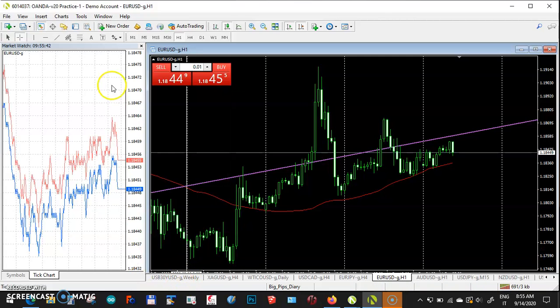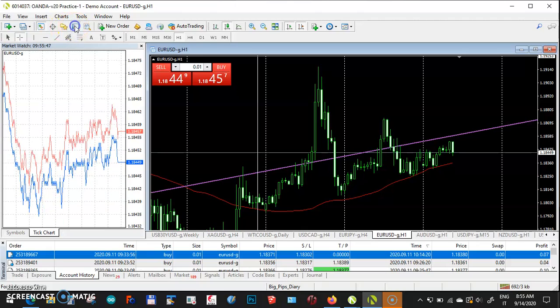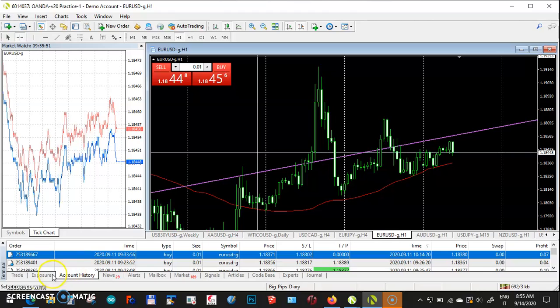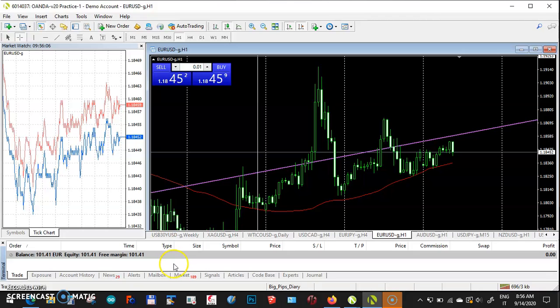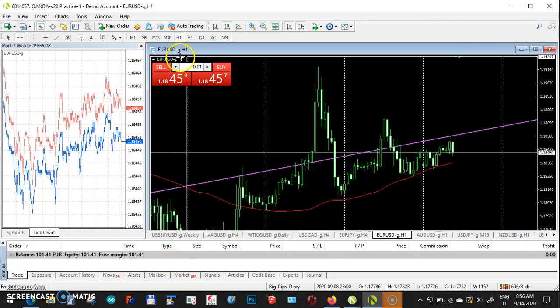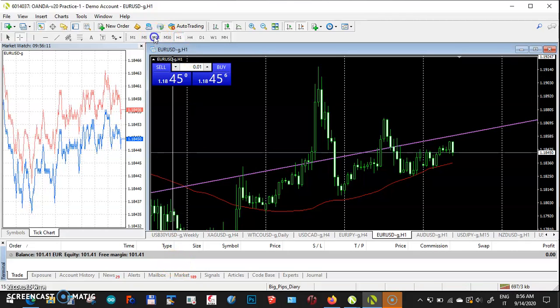And I'm going to see my position, and we can see the balance is 101.41, and at the moment I am up 1.41% of my account. Now I'm going to see the M15 chart,